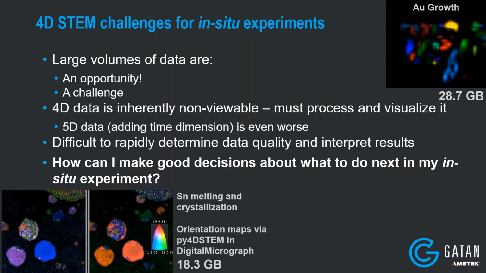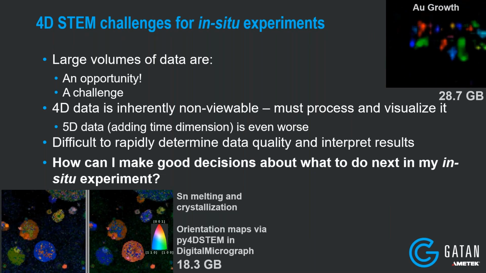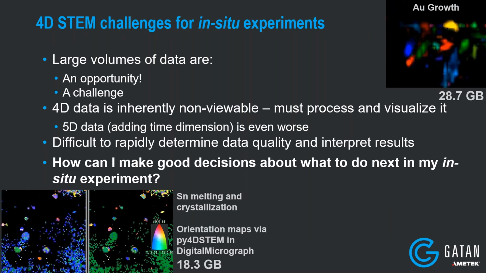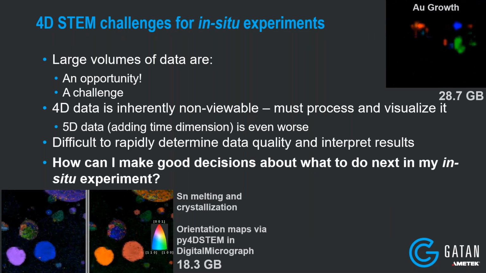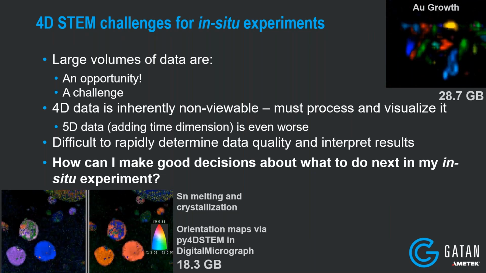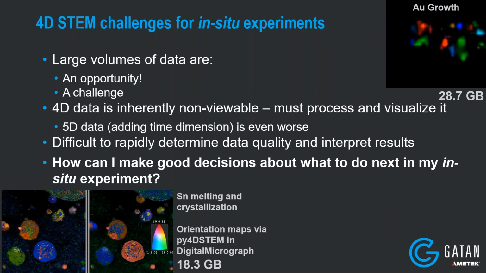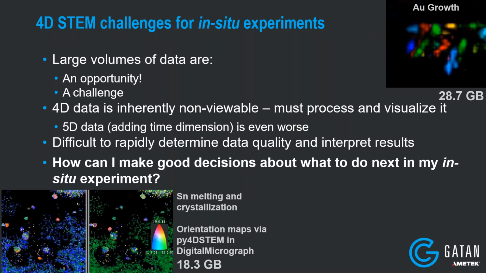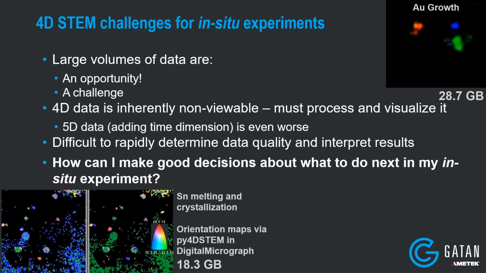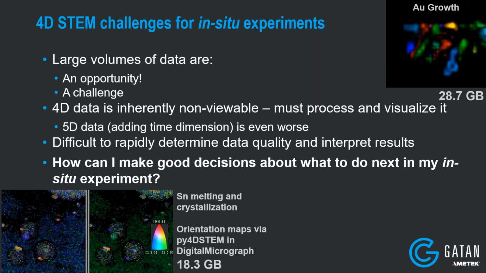And so this brings me to maybe the main challenge here for in situ specifically. How can I make good decisions about what to do next in my in situ experiment? If this is a new sample, a new experiment, I'm trying new experimental conditions, how do I know that I've reached the temperature that I need, or the gas composition is causing the transformation that I expected? If I'm looking for something in the four-dimensional data or the five-dimensional data, will I be able to see that